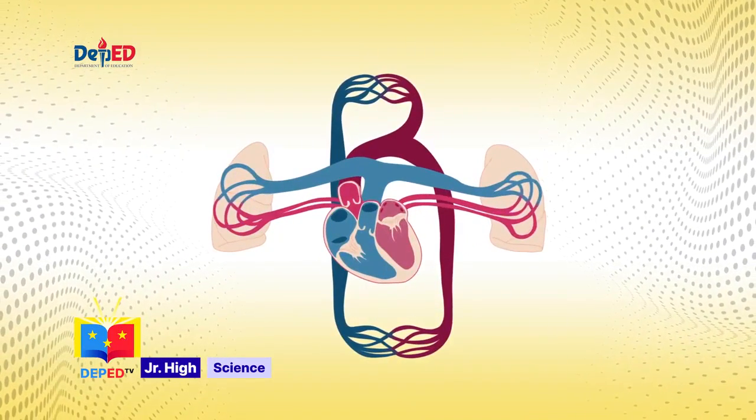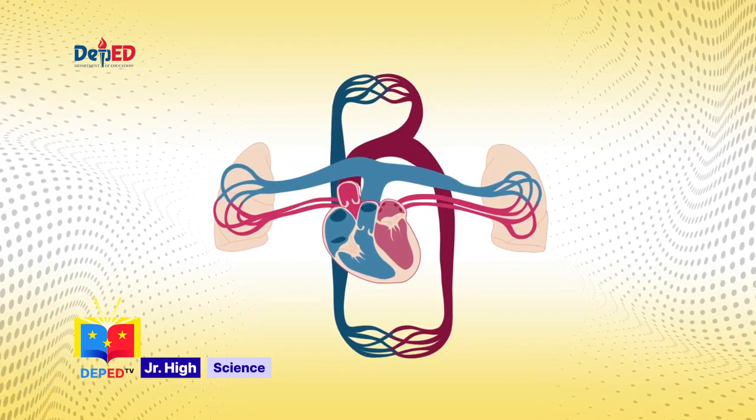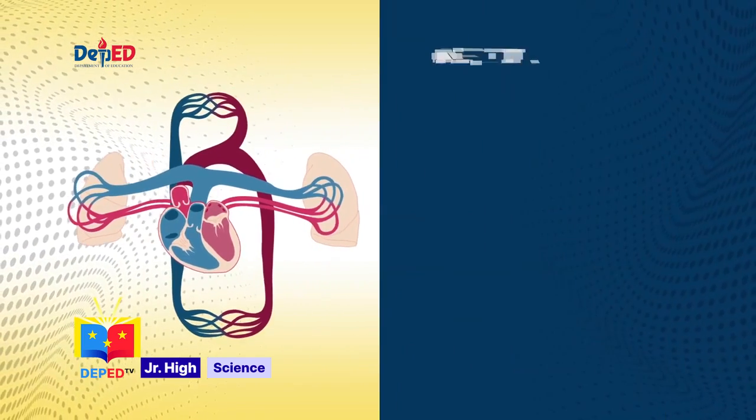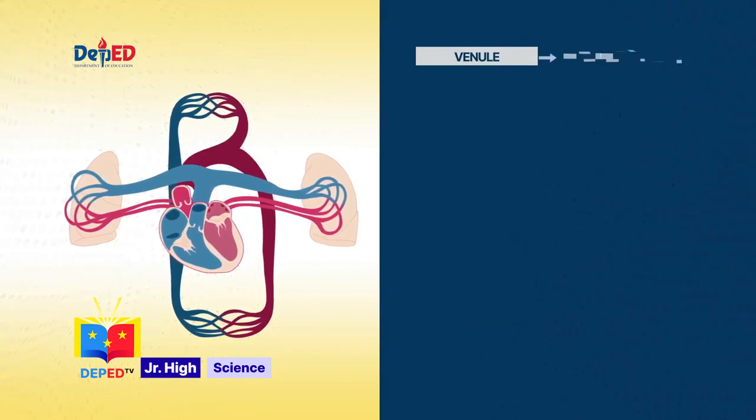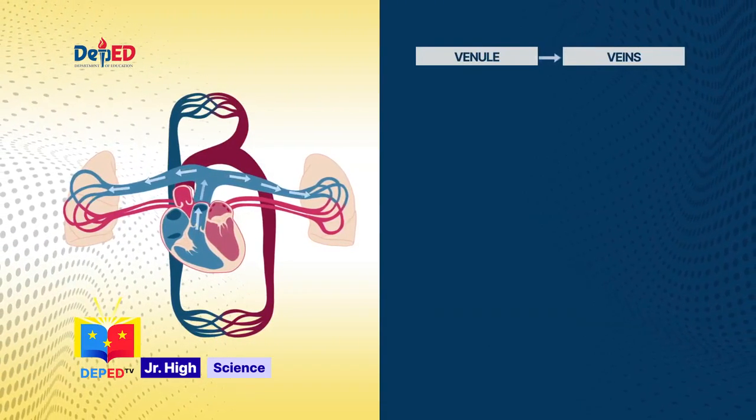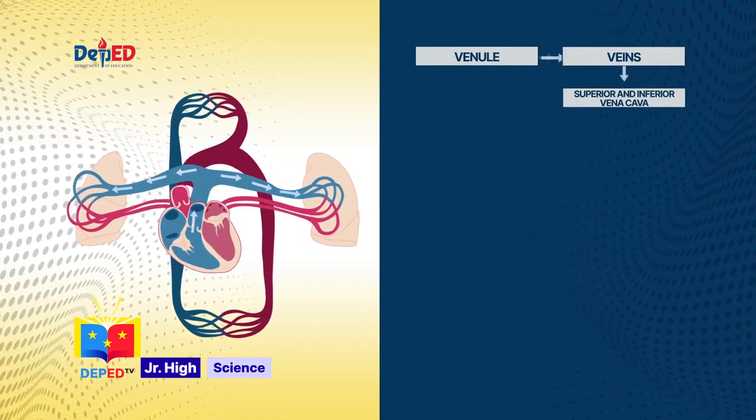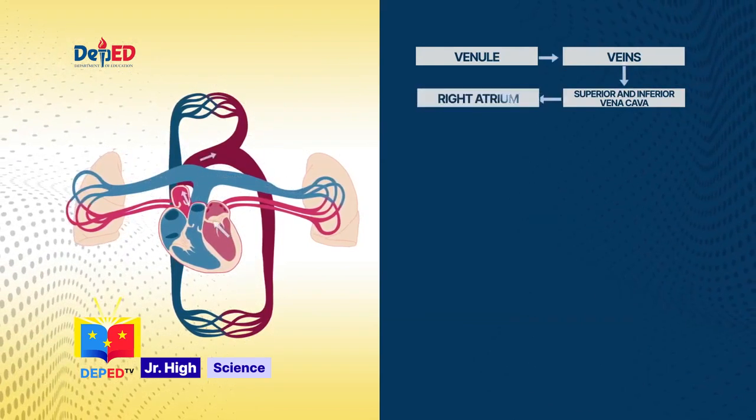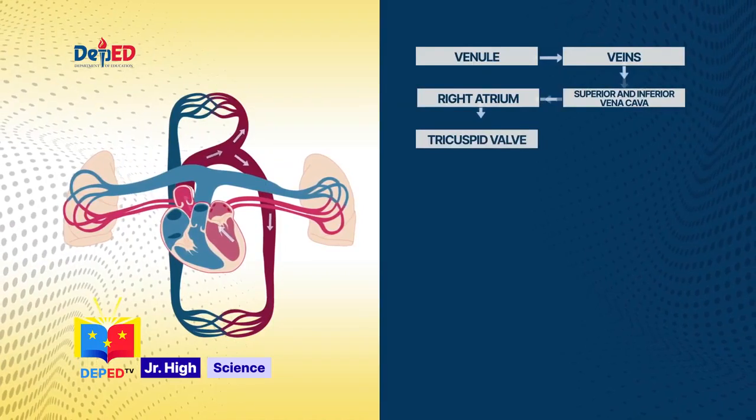Again, this is the flow of the pulmonary and systemic circuits. The deoxygenated blood will pass through the venules, going into the larger blood vessel called the veins. Then it will enter the superior and inferior vena cava. Then the deoxygenated blood will enter the right atrium and will pass to the tricuspid valve down to the right